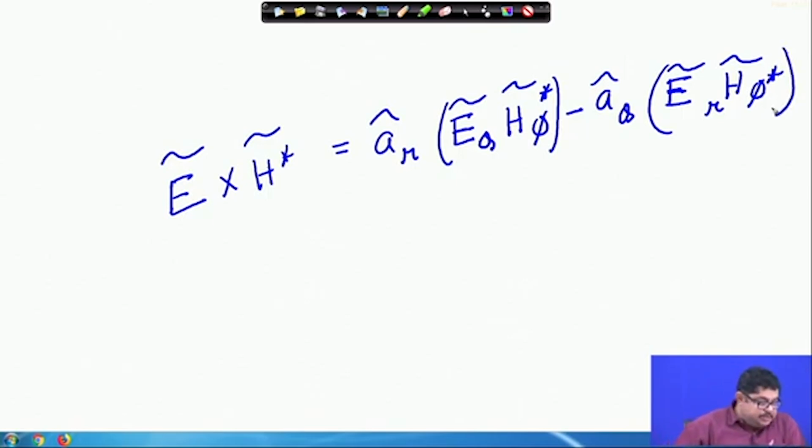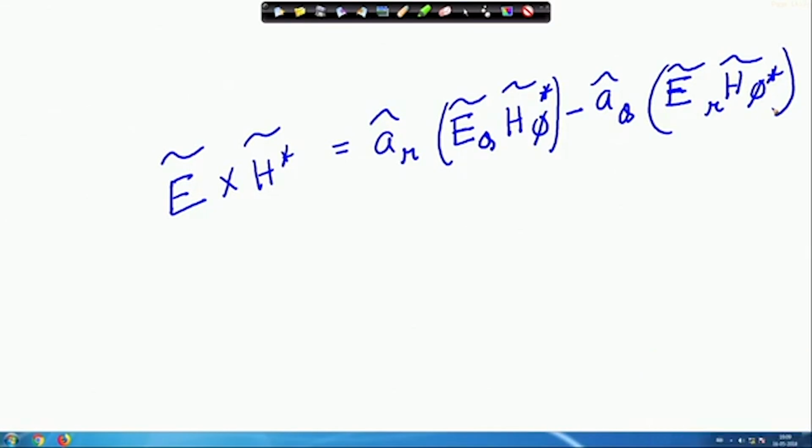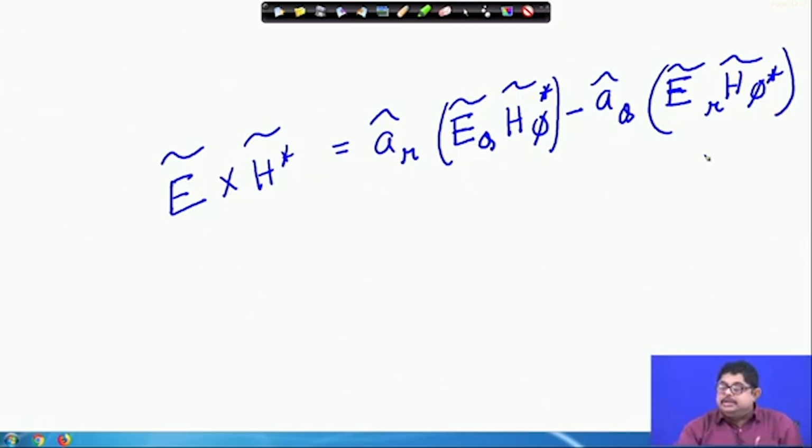So, this will be the expression. Now, again if you look at all these expressions, just look at them. E_r H_phi star, that actually is a purely imaginary term. So, in the Poynting vector it is present, but we know the time average